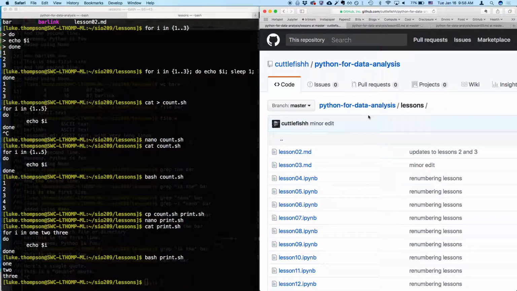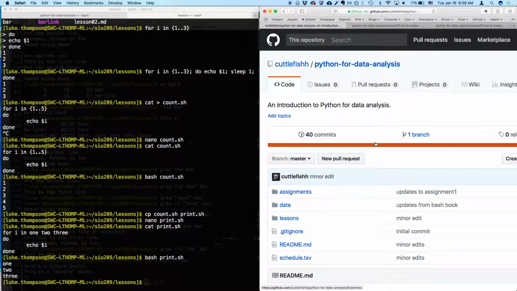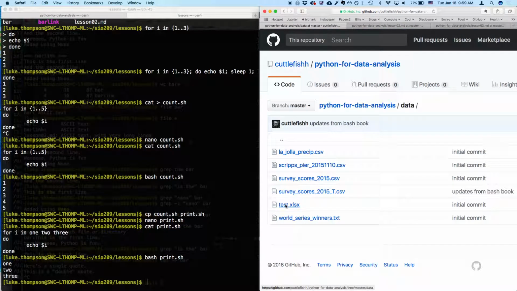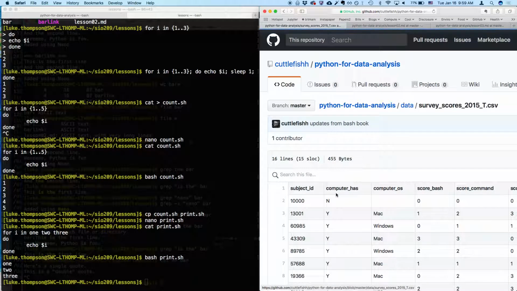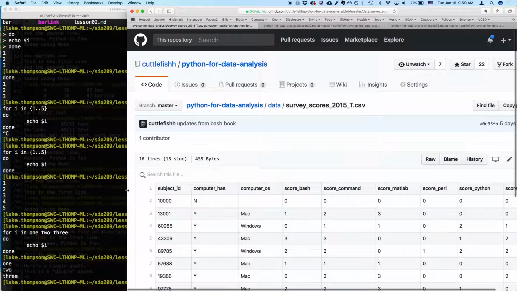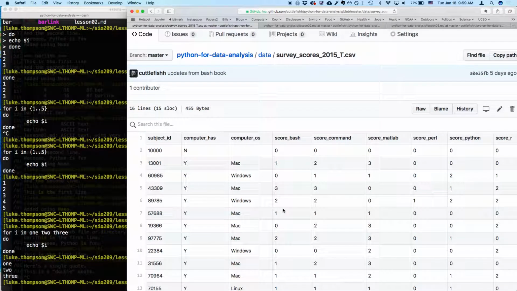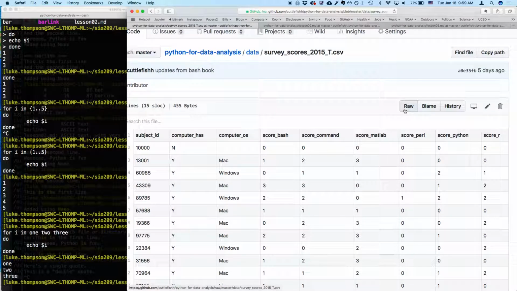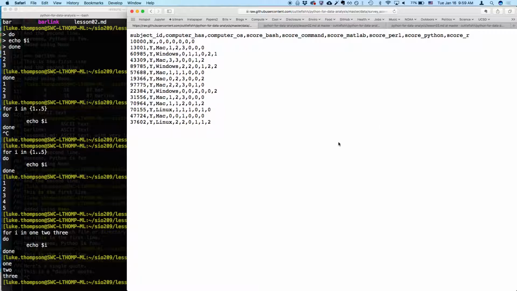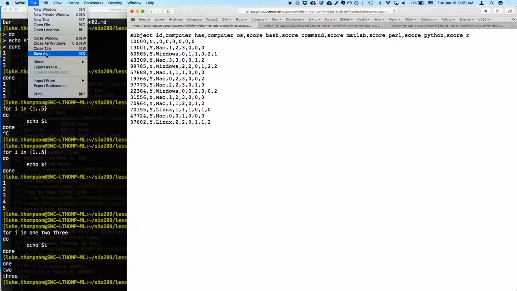So let's go back to our GitHub repository and click on Data, and let's get this file, survey scores 2015 underscore T. There'll be something similar to what we did, from the survey we did this year. So we see this file, click on raw, and then we're going to do save as,